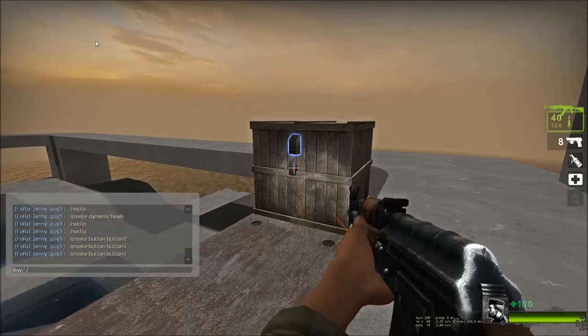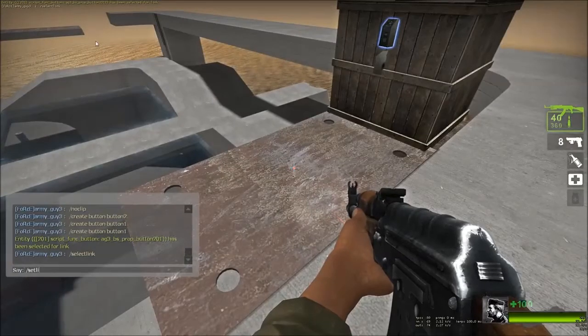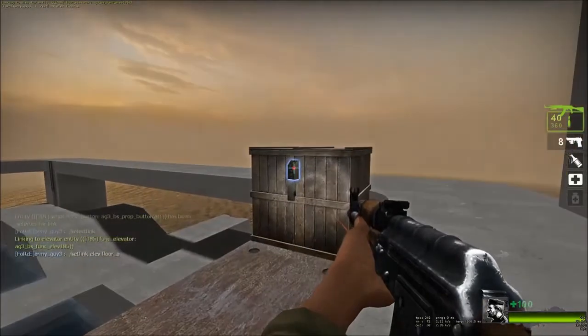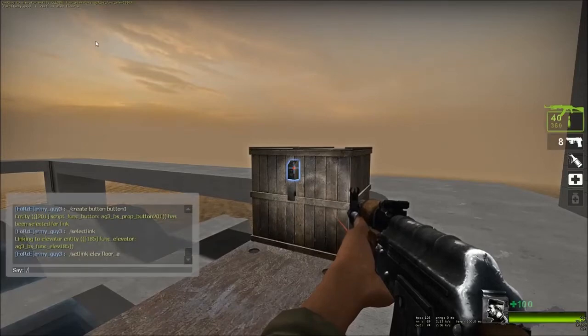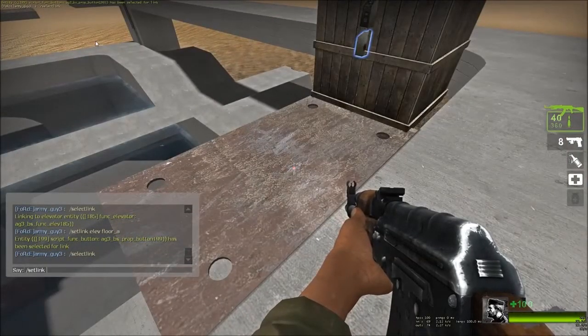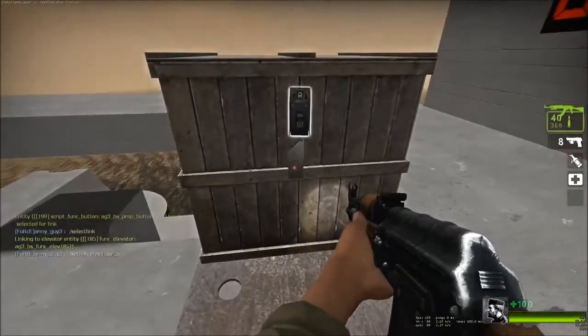So if I do select link and I do set link space ELEV, and then the floor, which is going to be floor A, and then here I'm going to do select link again. Set link ELEV floor underscore B. Alrighty, so now if I press this button here,